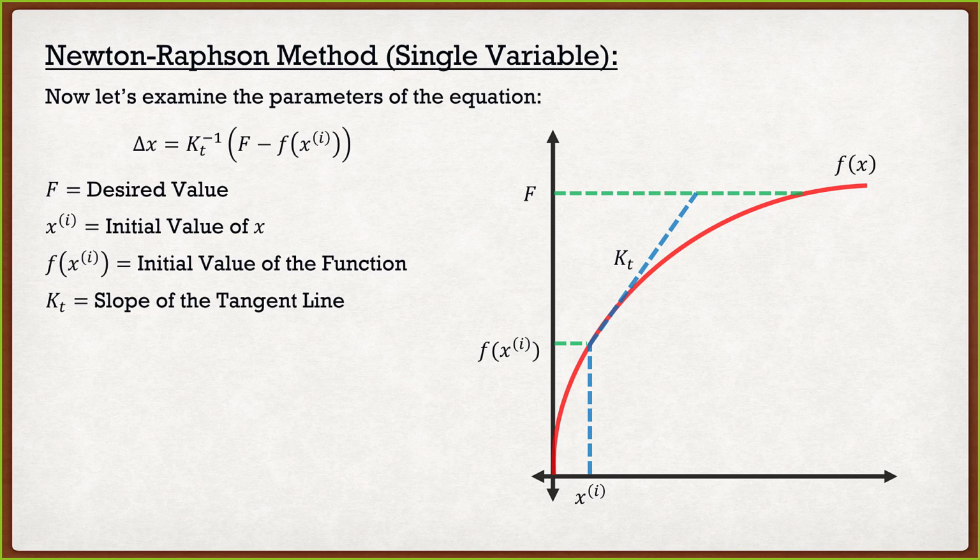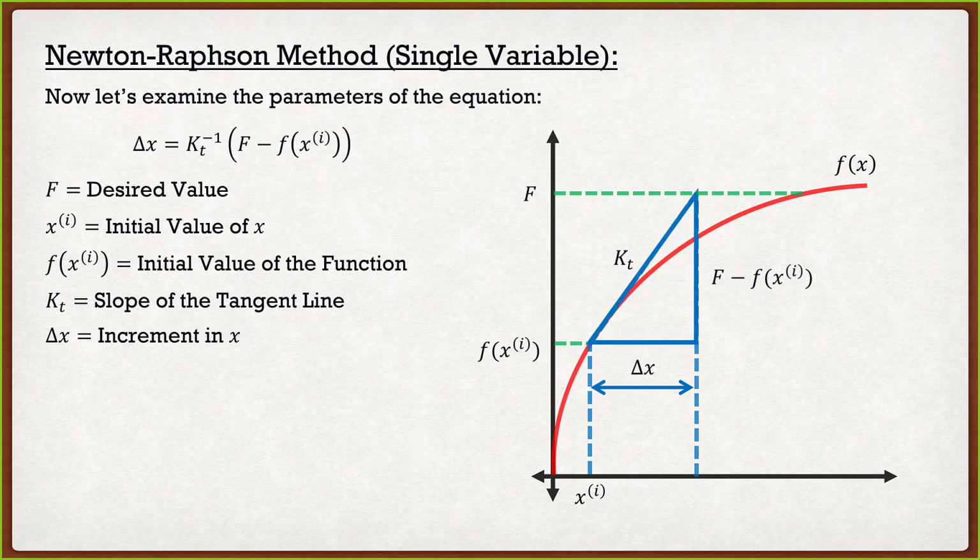How do we calculate that tangent line? Well, it's based upon where that point is and what our function is. So we're going to extend that tangent line all the way up until it meets our value of F. From there, once it meets that value, we're going to draw a straight vertical line back down, and the distance between those two lines, that's going to be delta x. So after this increment at this new point, we have basically a triangle here. We know that the height of the triangle is going to be our desired value, the one we want to get to, minus what we are initially at, that distance, delta y basically.